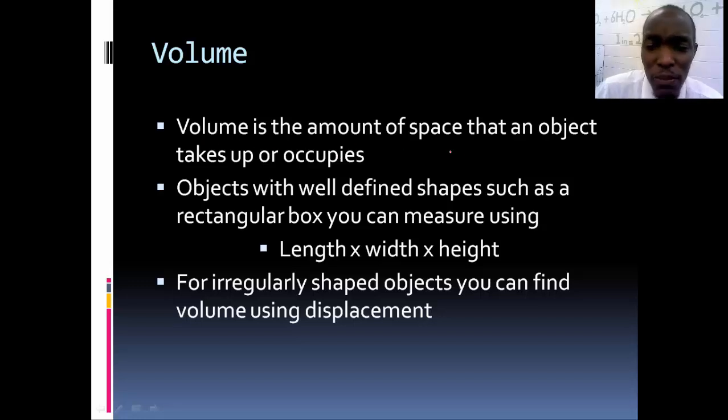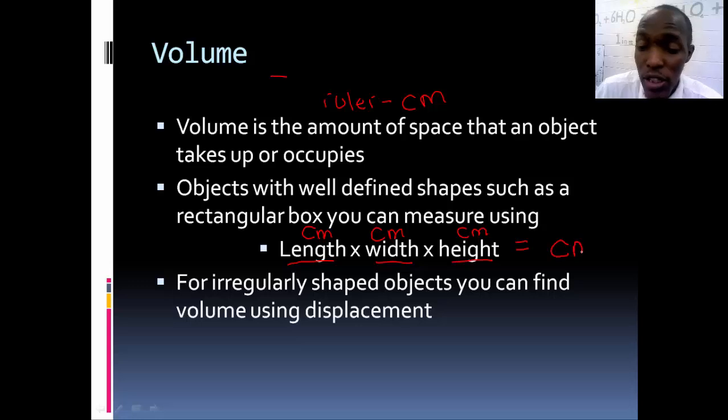Volume is the amount of space that an object takes up or occupies. Objects with well-defined shapes, such as a rectangular box, you can measure length times width times height. All right, and typically with volume, when we measure length times width times height, we use a ruler. And rulers, we know in science we use centimeters. So when we do centimeter times a centimeter times a centimeter, one unit of measurement for volume is